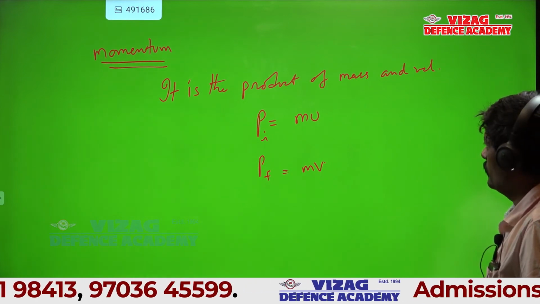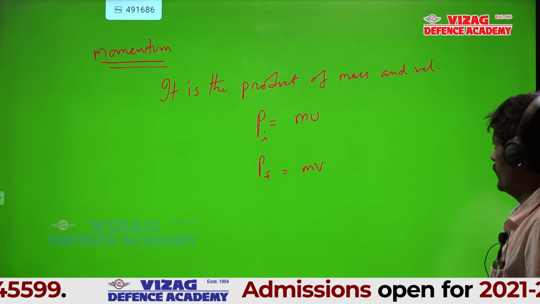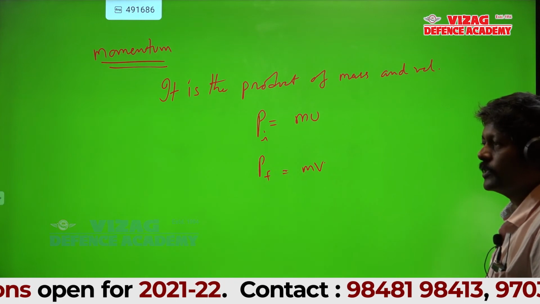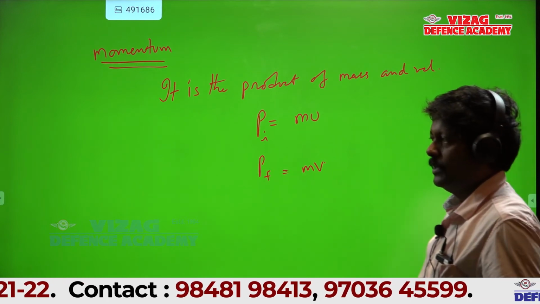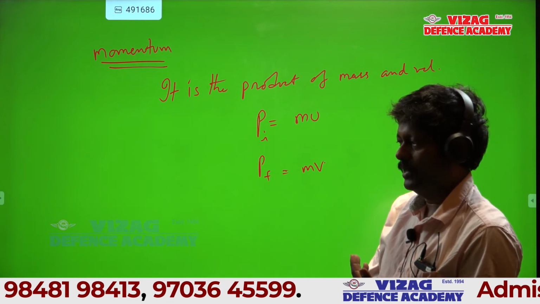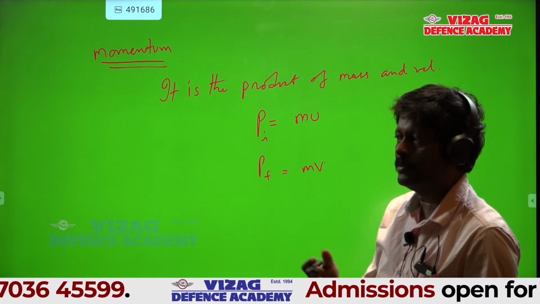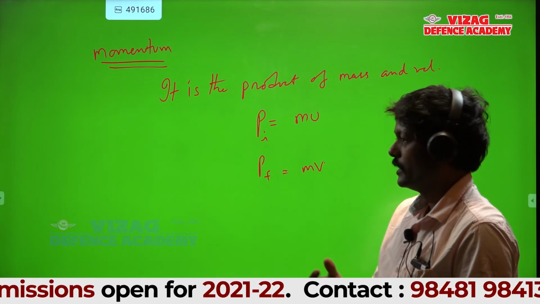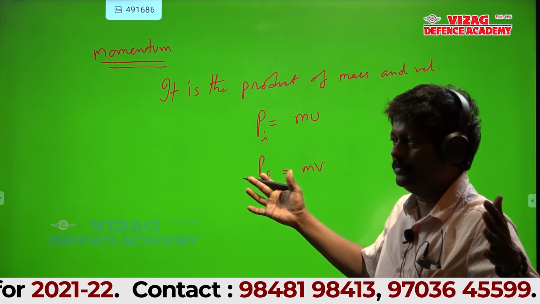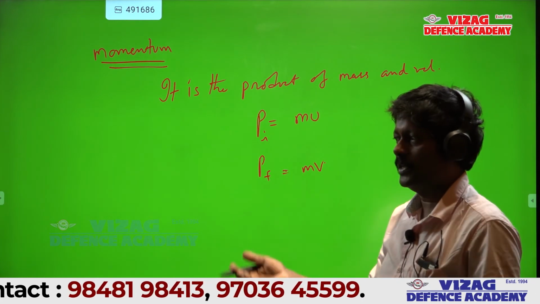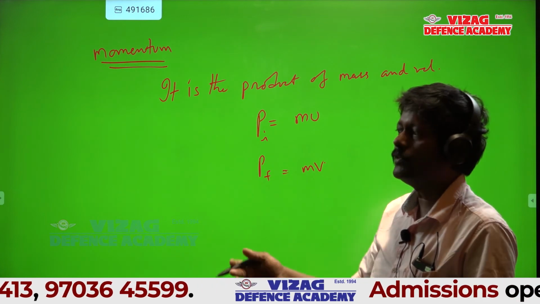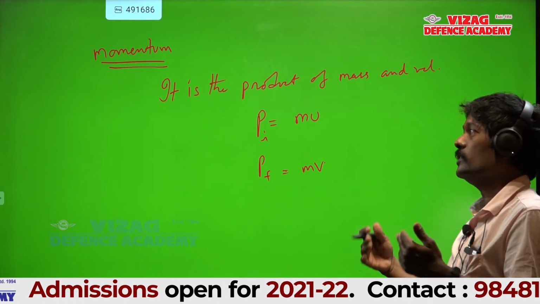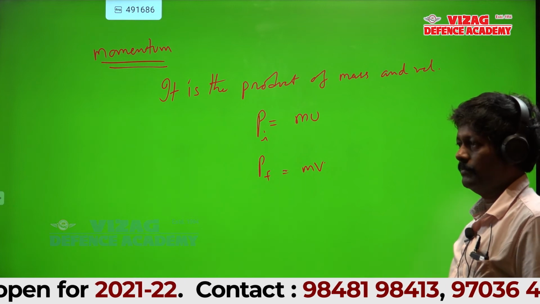Did all of you write down? Yes, sir. Now listen. Momentum means it's the product of mass and velocity. Actually, what does that indicate? Of course, you know the formula, mass and velocity. Initial momentum mu, final momentum mv. What is the meaning of that? If the mass is very large, momentum can be very large. Or if the velocity is very large, momentum will be large. Either one. If both are large, momentum will be very, very high.